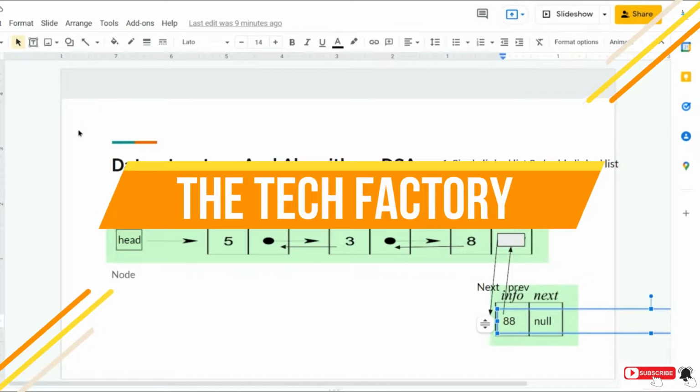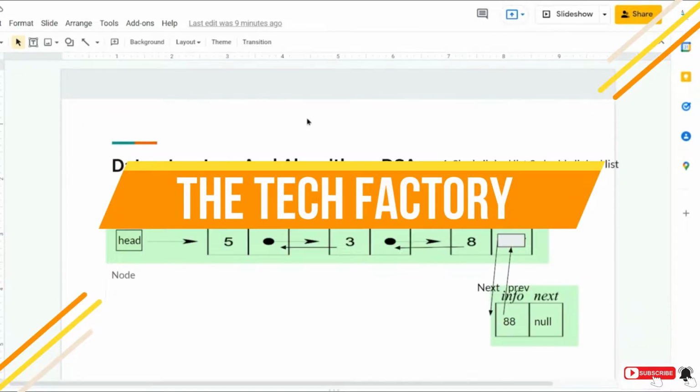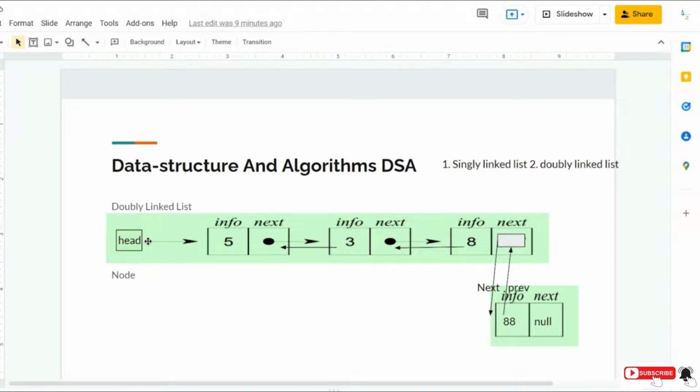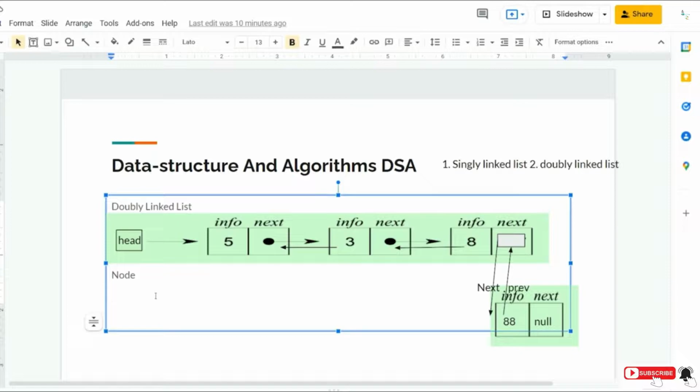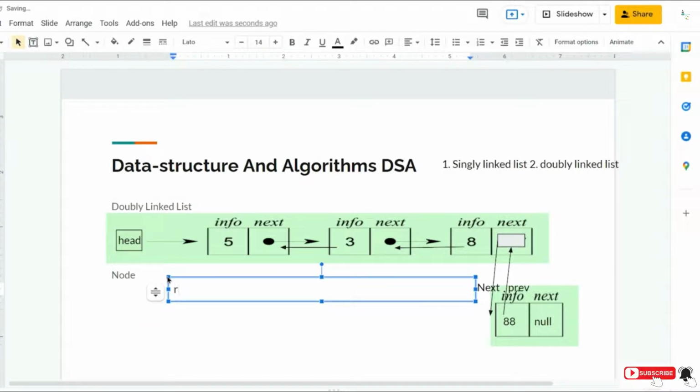So in this video, let us see how to traverse through the linked list. So we have the head pointer. We can point a temporary pointer to the head, so let us make that. I will use a text box. I have created a temporary pointer, which is temp, and I will point it to